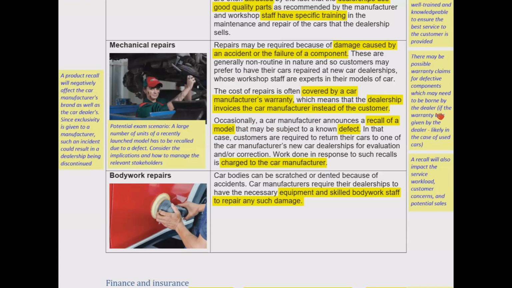Now, there is another little point on the right, which I'm just going to mention, conscious of time, folks. I want to get through as much as possible. There is another possibility here, which is just a good idea to think about as well, which is these warranties are manufacturer's warranties. They are offered by the car manufacturer, but it's possible, exam scenario, that Cuppcar might decide